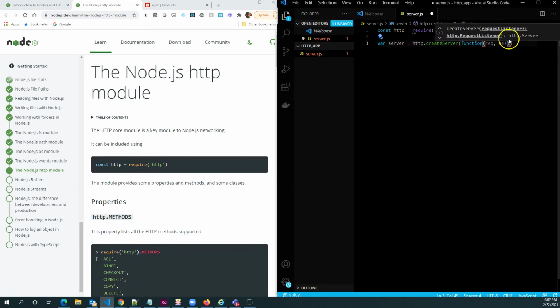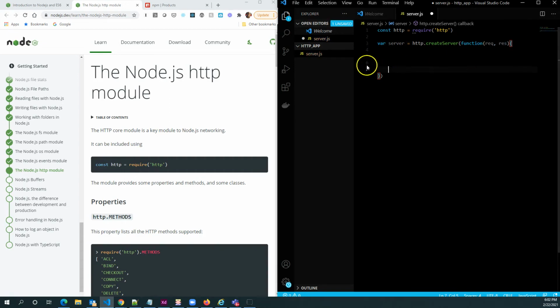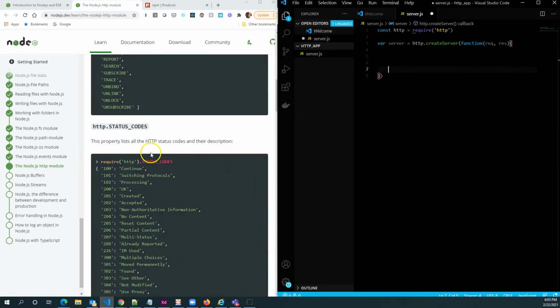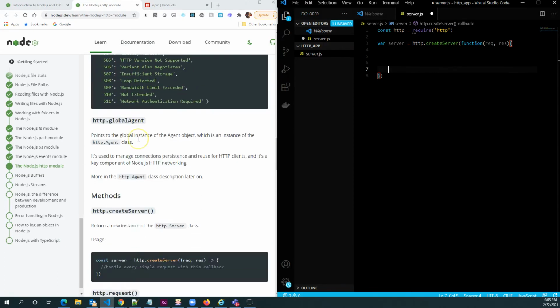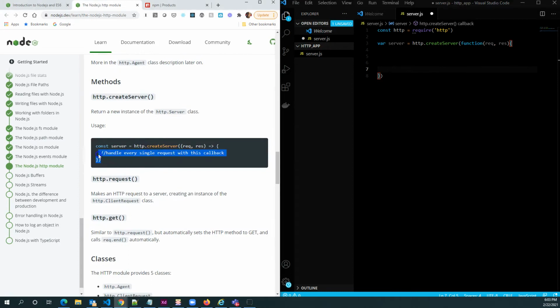This may look a little odd here. It's all about the syntax, make sure you get the syntax right. And you'll see this is where all my code is going to go. So if we were to scroll down here, you'll see a little bit more information about the createServer function. And you'll see this is kind of what I'm doing here. So if you want to just go ahead and copy it from here, feel free to do that. And you'll see that it's going to handle every single request that I make. The server is going to handle every single request that I make